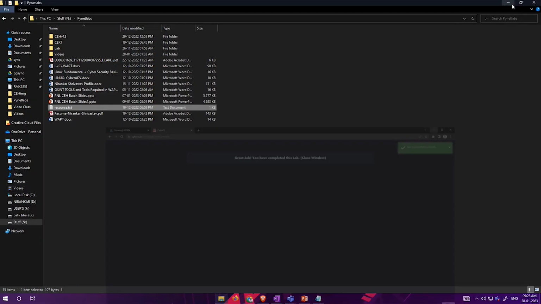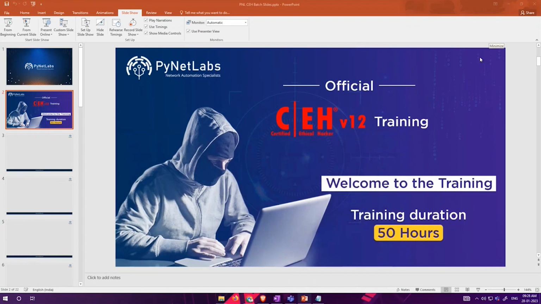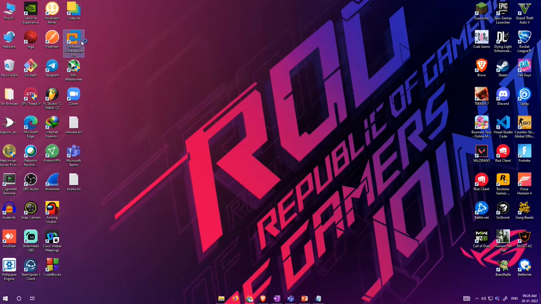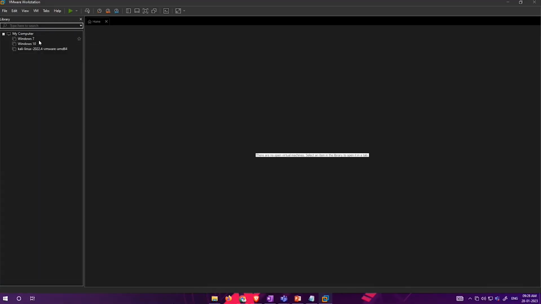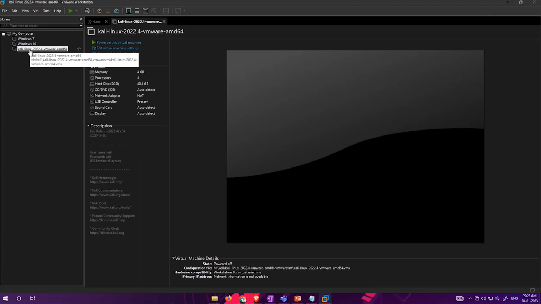Now, in real time, what we are going to set up is using a virtual machine, VMware. We have Windows 7 installed and Kali Linux installed. I have Windows 10 also. I'm going to target Windows 7 mostly and Windows 10 mostly in this chapter. That is our offline lab that we have.